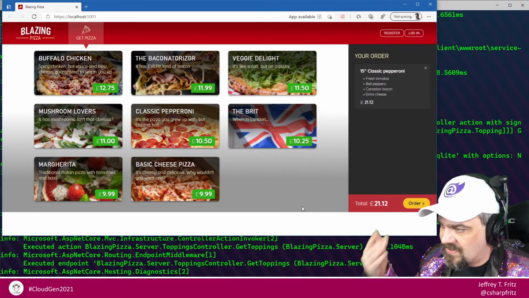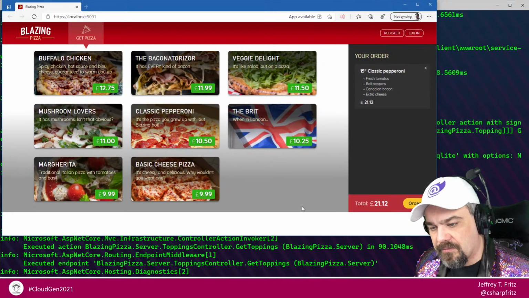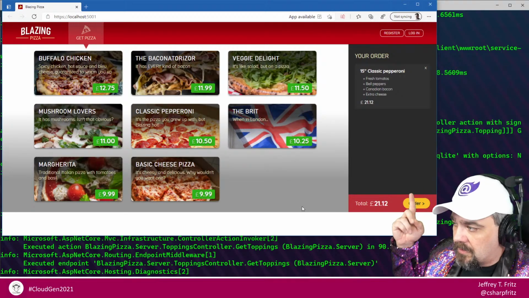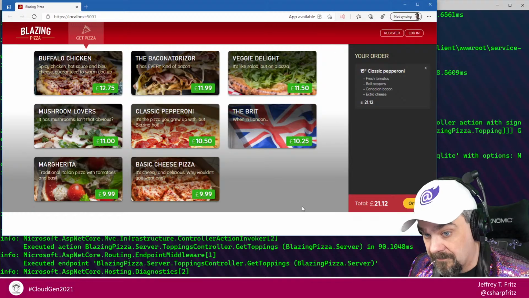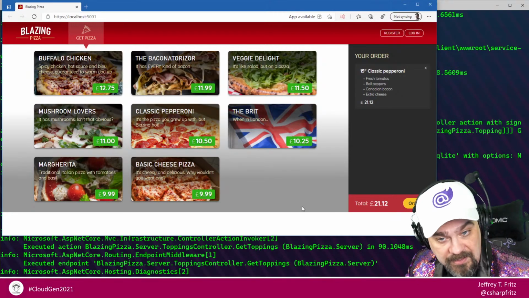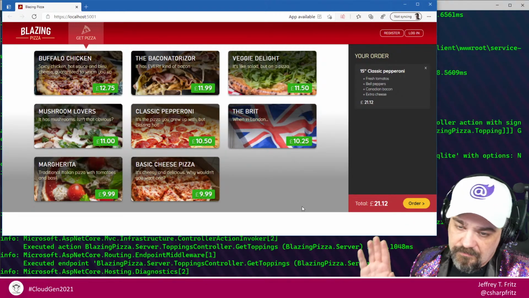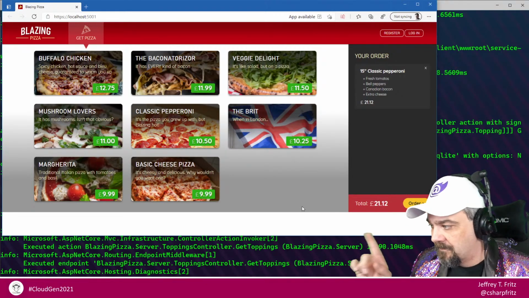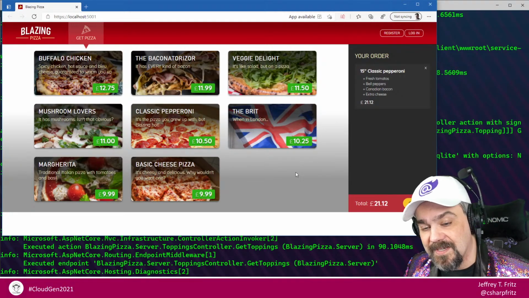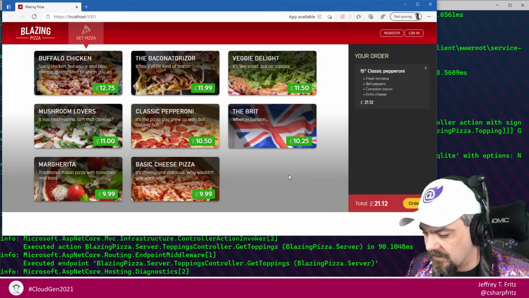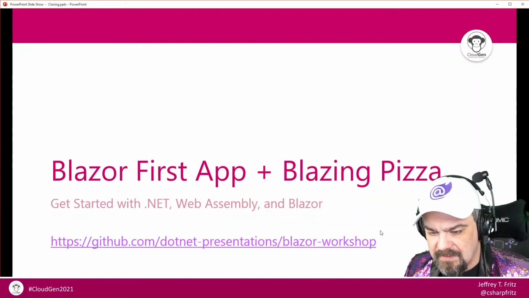And I can do these interactions, and this is a great workshop that walks through all the things here, including security and interactions with the server, that you can find out there on GitHub. You can walk through and learn. I have a video or two here on YouTube that you can check out that walks through this, answers folks' questions along the way, and talks through all the parts of this workshop if you're interested in learning more about Blazor. All right, let me head back over to the slides, and let's talk about